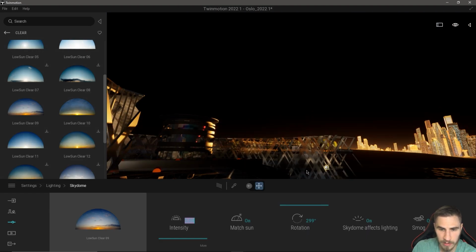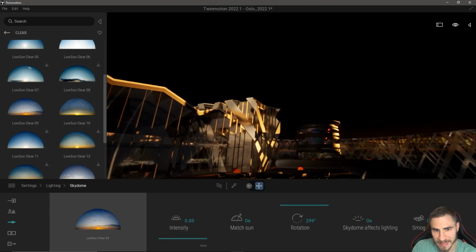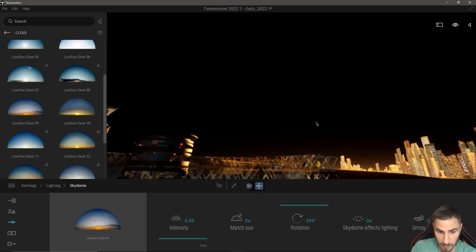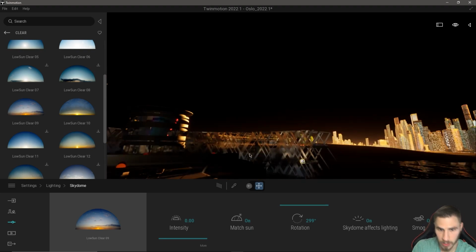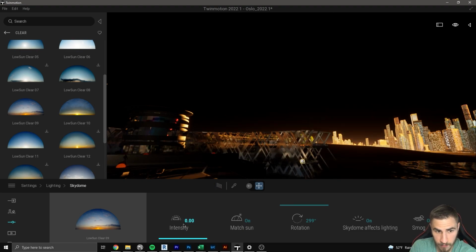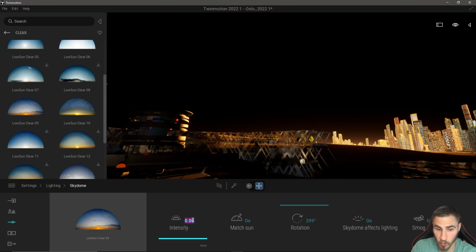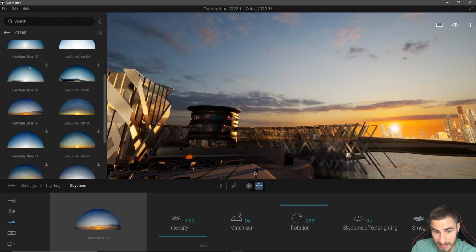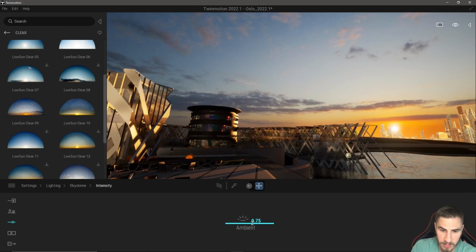If I put this at 0, obviously the Skydome itself is not on, and by that I mean there's no light. We're not allowing it to be intense at all, as in 0. You'll notice there's no negative number, so 0 is basically off. I'm not sure why you'd want it at 0, so basically at least 1, I would say, just to give you a baseline. But if we go into more here, we can see we have ambient,